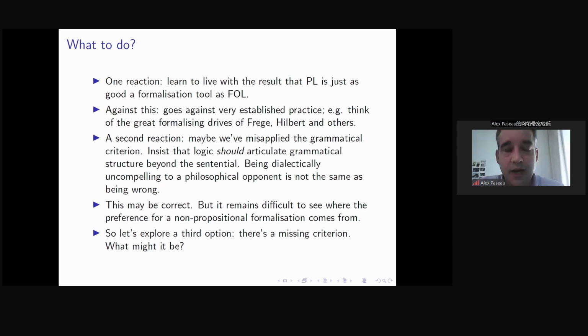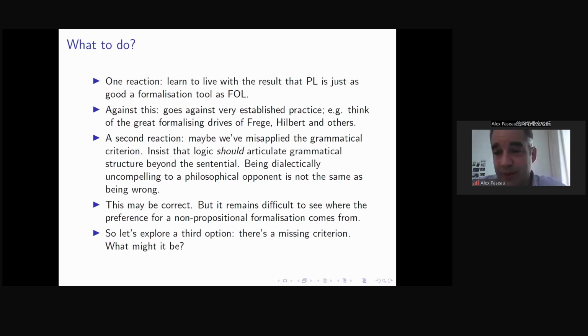A second reaction is that maybe we've misapplied the grammatical criteria. Maybe we should just insist that logic should articulate grammatical structure beyond the sentential. It should dig into the structure of the sentence in the way that propositional logic does not. Okay, and maybe if your dialectical opponent is a propositionalist, then you're not going